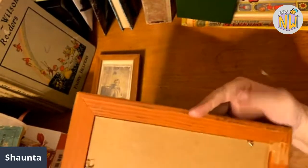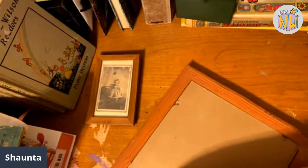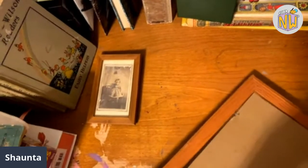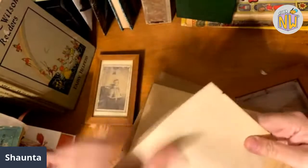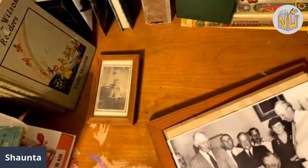I could get to that one pretty easy. I wonder if I could get to it now. See if there's a date on there or some information. This was just in with the rest of this stuff, though. I did not buy this one separate or anything. No info. So just a picture of FDR framed,